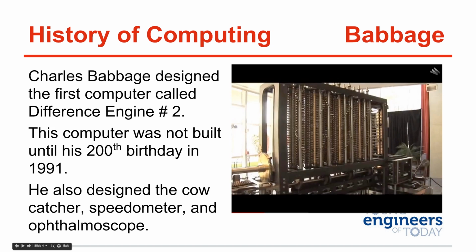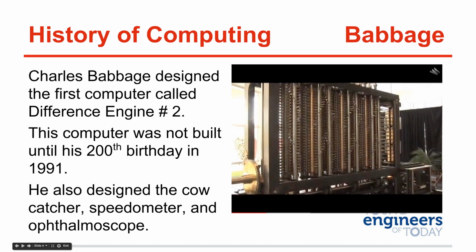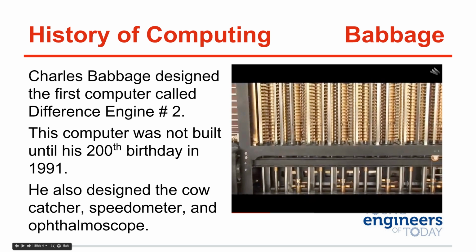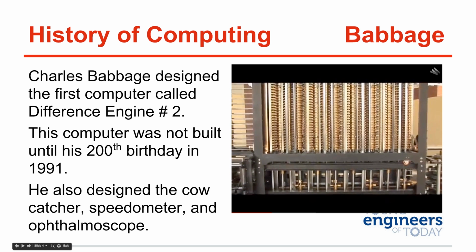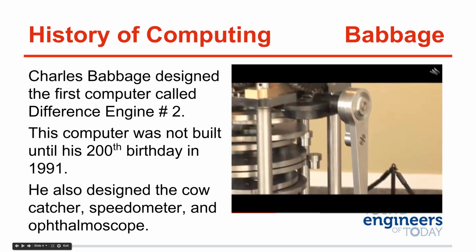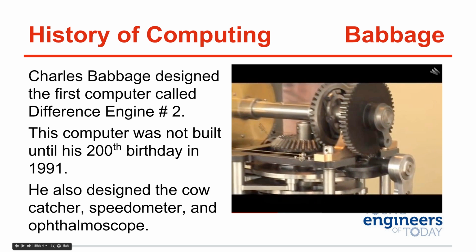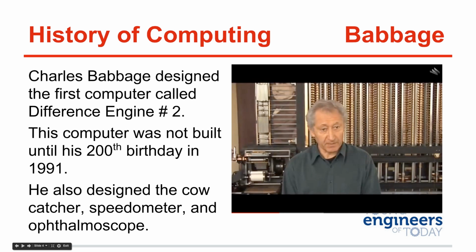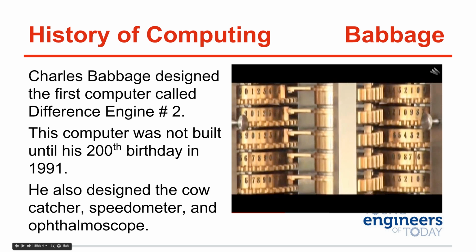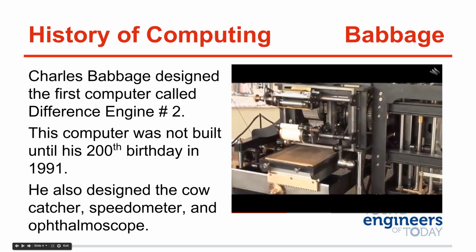The engine itself weighs 5 tons. It consists of 8,000 parts made of bronze, cast iron, and steel, and it measures 11 foot long and 8 foot high. It's operated by cranking a handle. What it does is it calculates and tabulates the value of any 7th order polynomial, class of mathematical expressions, to 31 decimal places. It not only calculates that with unerring accuracy, it also prints an inked hard copy as a